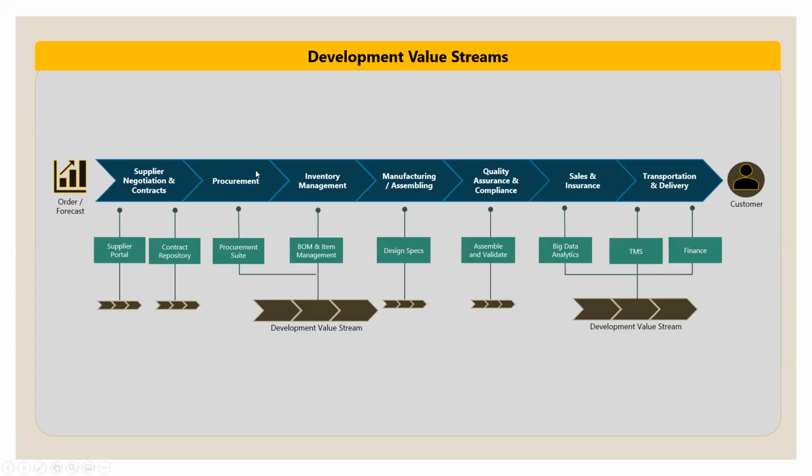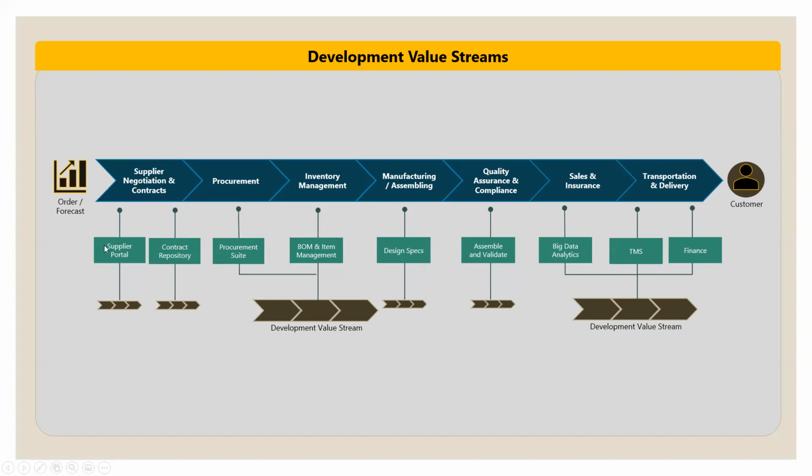Every business process has one or more IT-related systems and teams supporting it. For example, let's say you want to target customers and do certain promotional activities. You do big data analysis of social media. What are the trends? What has been our previous 5-year trend? What is the forecast, and so on. So for each step of the operational value stream, the underlying system, or let me put it another way, the sequence of activities needed to convert a business hypothesis into a digitally enabled solution is called a